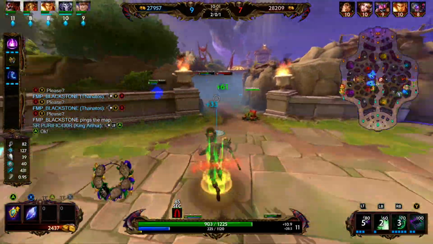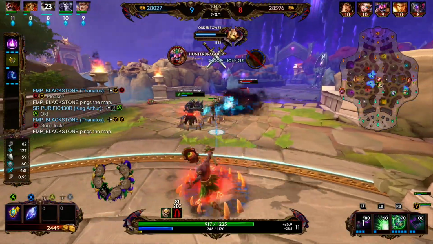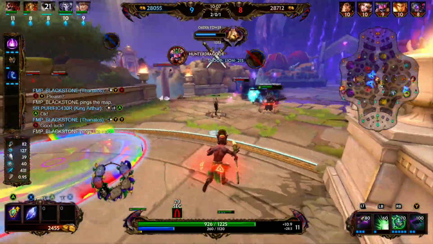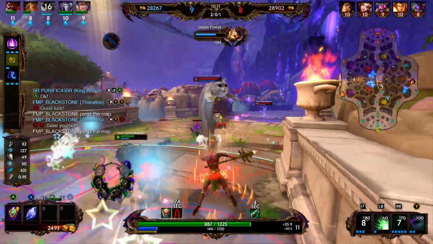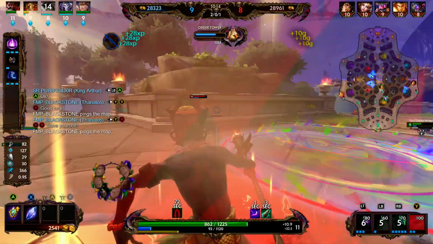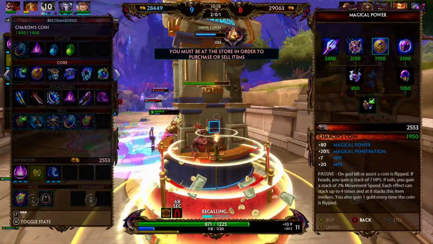We miss our 3, which is super unfortunate. I feel like if we were landing all of these 3s on Aphrodite, we would really be able to poke her out, even with her heals. We're going to go ahead and back because we don't have the mana, and we also have enough money for